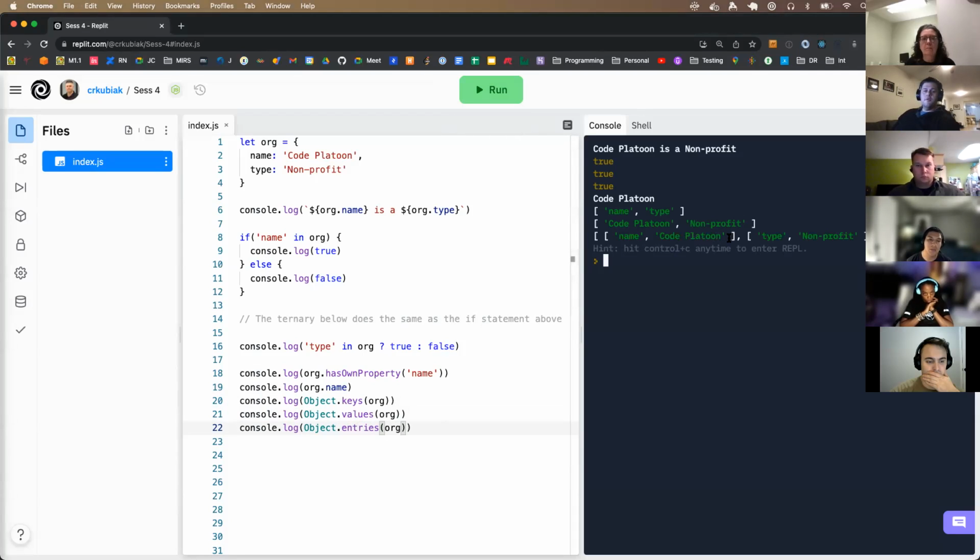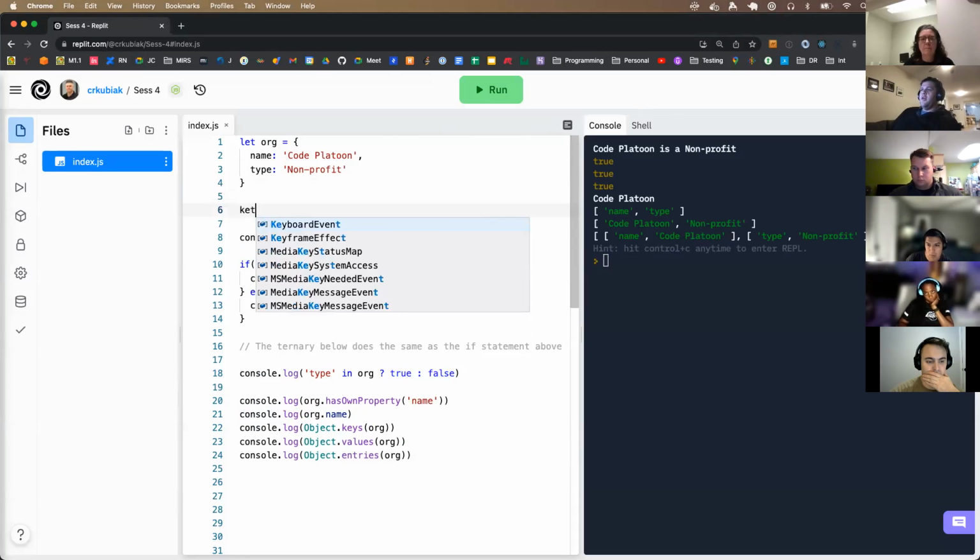What if you have multiple objects? Can you have multiple objects? Yes, and in multiple different configurations. So I can say, like, let